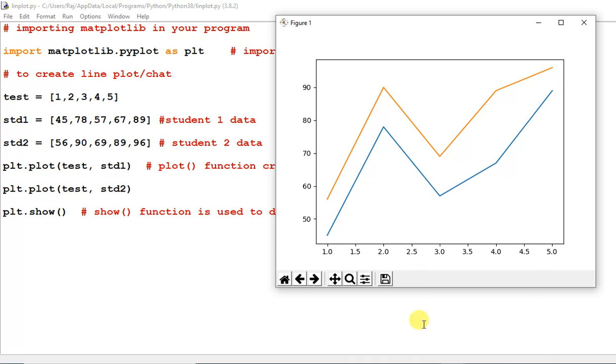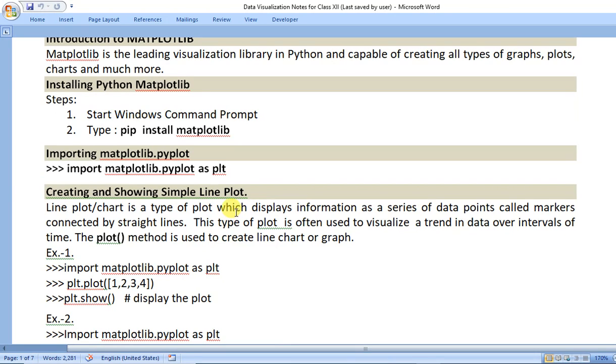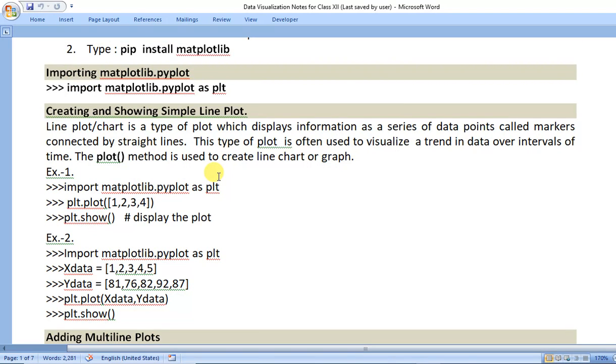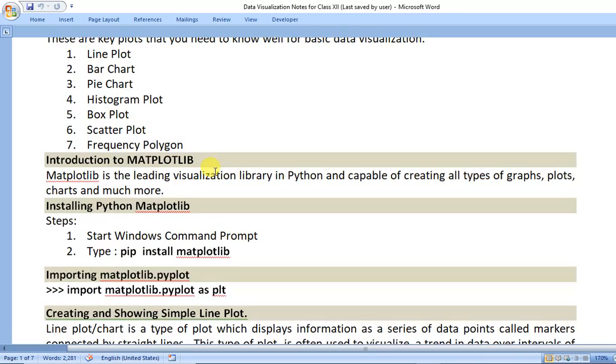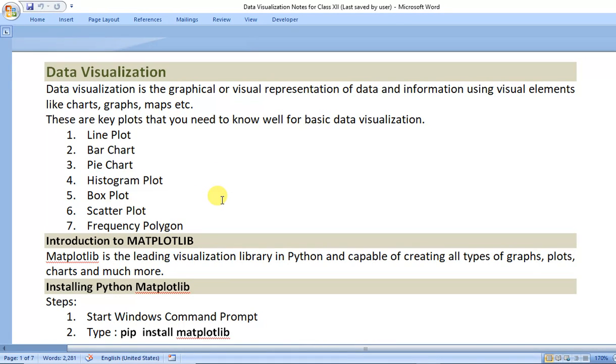Okay, now this is the notes I have created. I will make these notes available. I will give the link of these notes in your description box, so you can download this text file. I have noted all the topics that I will cover in this lecture. All the topics I have written in the form of notes.